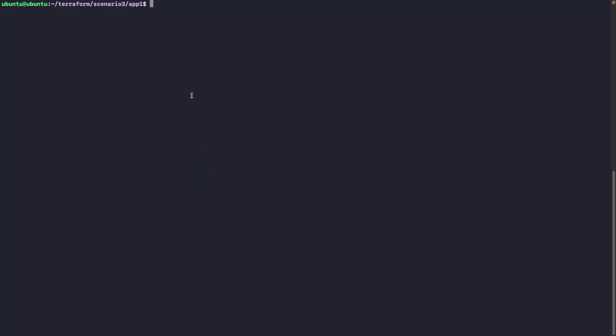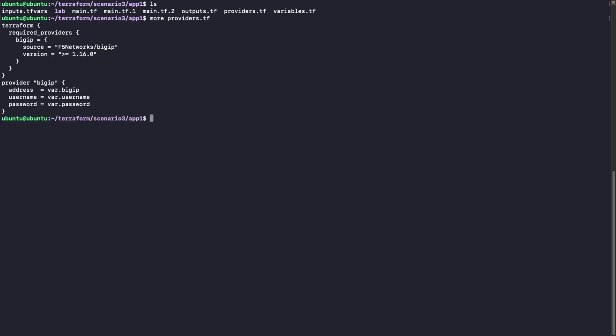I'm in a specific folder, and you will see that I have some files. Let's start with the first one, which is the provider. We will use version 1.16. It's the minimum to use, and so the F5 provider, of course. You need that to be able to see the new resources. We have some variables,